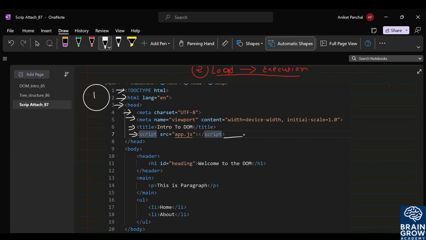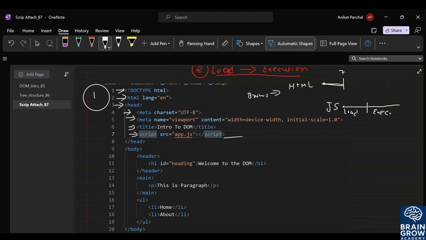And at the seventh line, when the browser sees the script tag, that means there is a JavaScript file, so the browser stops the parsing at the seventh line and starts the JS load. Here is the load phase,